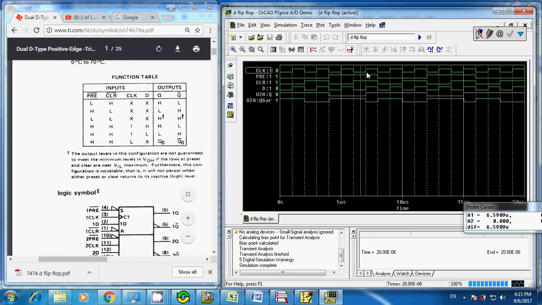Now you can see when the clock signal switches from 0 to 1, your Q bar changes from 0 to 1. It follows our input D, right? And then the Q output remains 1